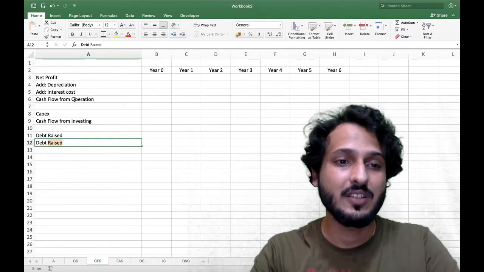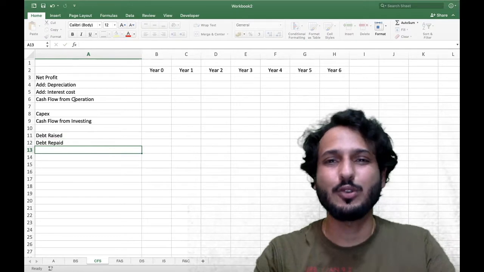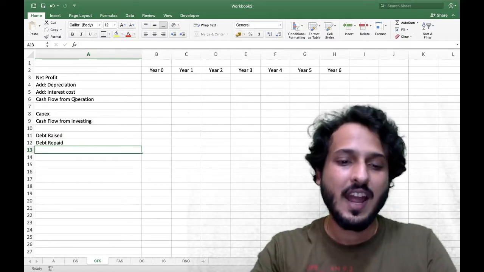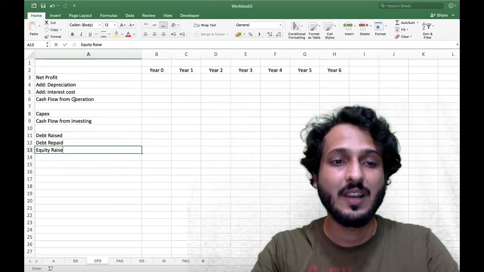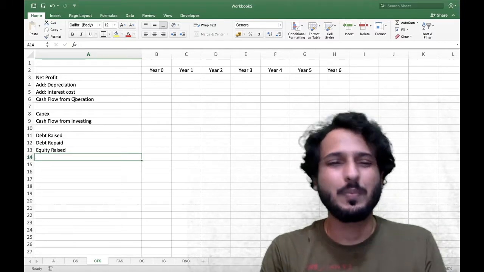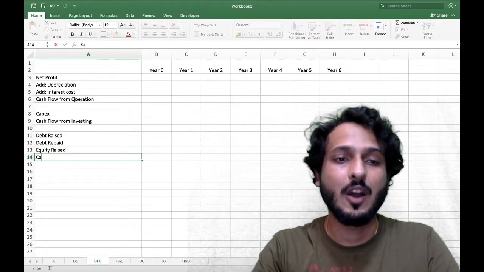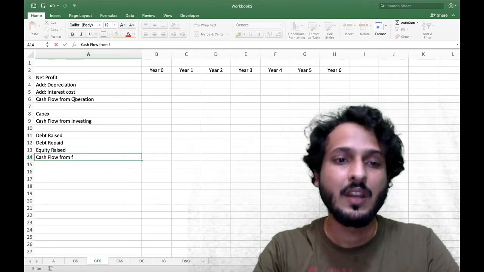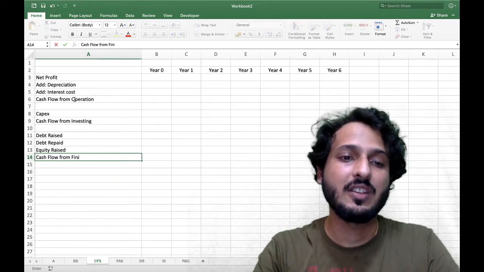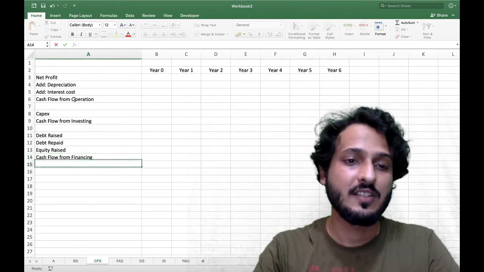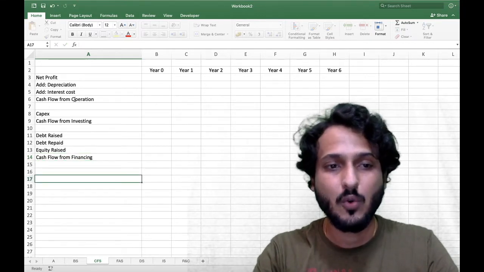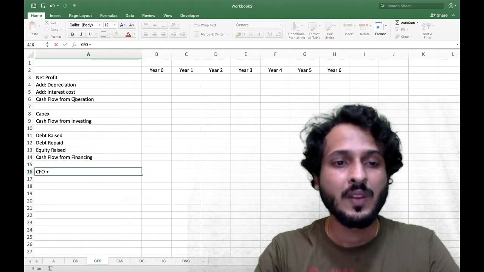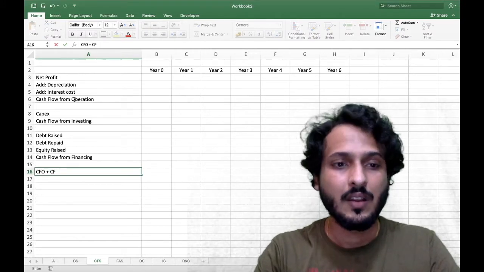Debt repaid, this is also new because we are repaying the debt, and that is also one cash flow. And we have equity raised as well. We have dividends paid, but we don't need it right now, so that will be cash flow from financing. What I'll do is add the three, that is CFO plus CFI plus CFF,